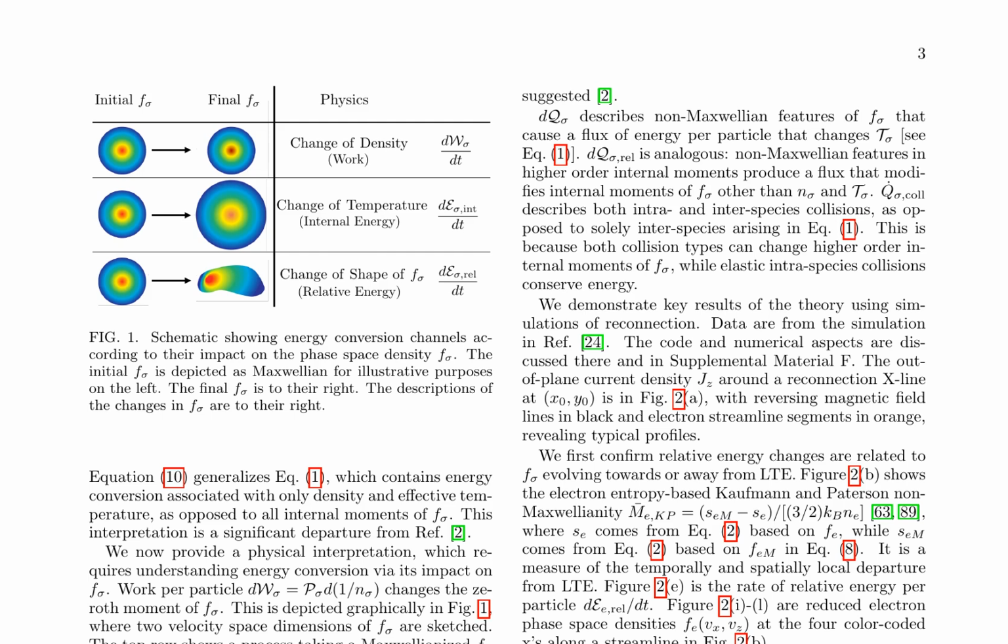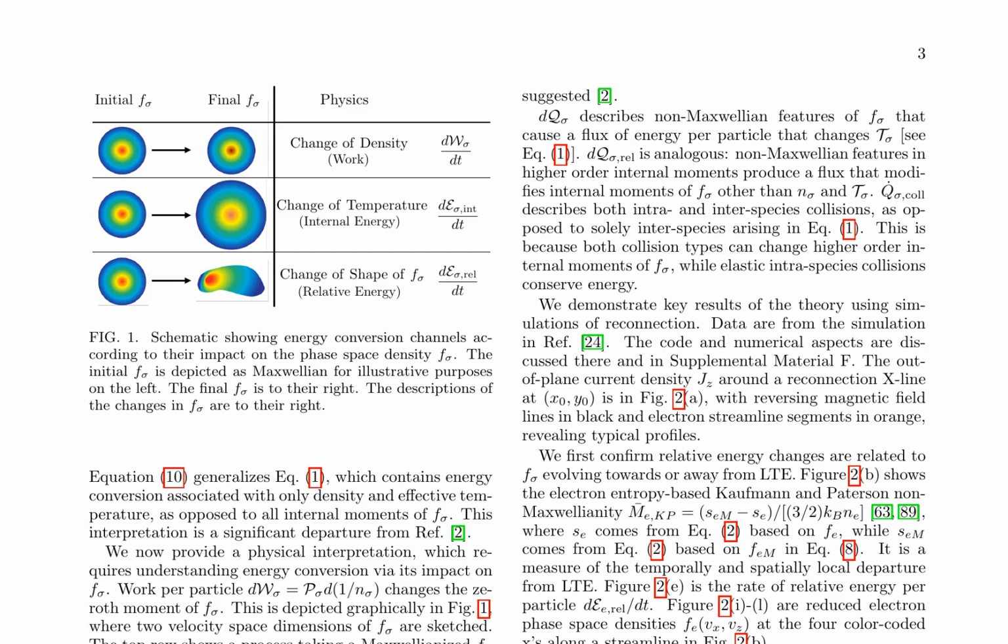This research paper delves into the concept of energy conversion channels in a plasma, emphasizing the relationship between energy conversion and the phase space density of particles. The authors introduce a novel interpretation of energy conversion, which significantly deviates from previous theories. They employ a specific equation to describe this process, then proceed to explain how different types of energy conversions affect